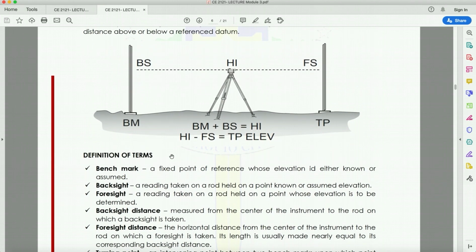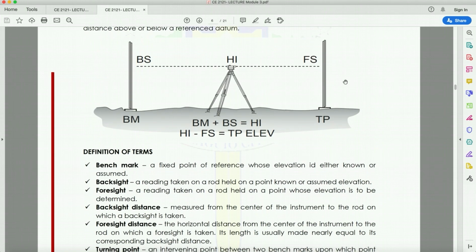So what are those? BM stands for benchmark, a fixed point of reference whose elevation is either known or assumed. So this is where my first elevation is known, okay, or assumed. Backsight, a reading taken on a rod held on a point of known or assumed elevation. If this is my stationing, the direction of my stationing is towards the right. Therefore, if my instrument is set up here and the direction of the stationing is towards the right,